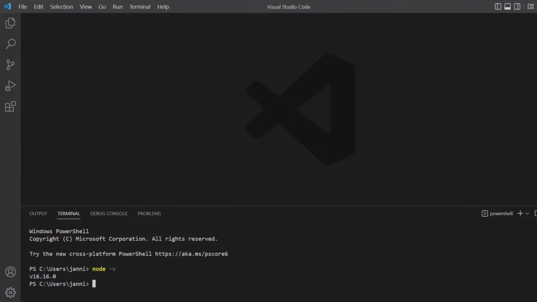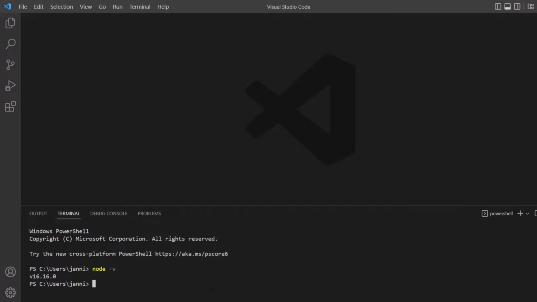Right? And if you have no clue about that, don't worry too much. NPM is just like a huge library with a lot of frameworks and packages out there. And one of those packages is Angular. So what we do now, to keep it really in easy terms and easy words, we will now install Angular